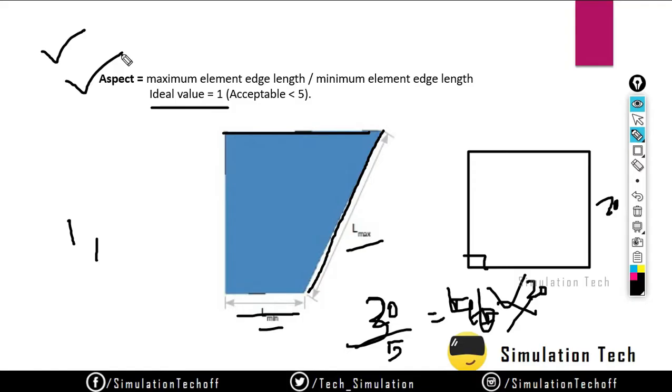All you need to be able to explain is what is warp angle and what is aspect ratio. This is what they can ask you. If you are going for a shell meshing engineer post, they will ask what is aspect ratio, what is warp angle. You can expect this type of question. If you explain these theories at that time, they will be happy. At least you know that, apart from the software, you know some theory.